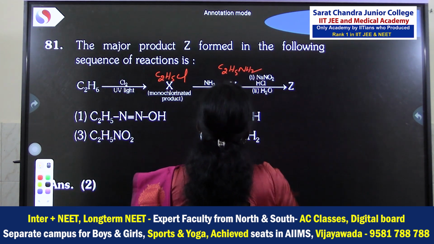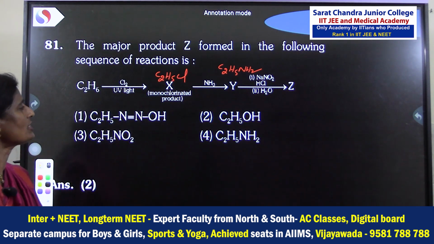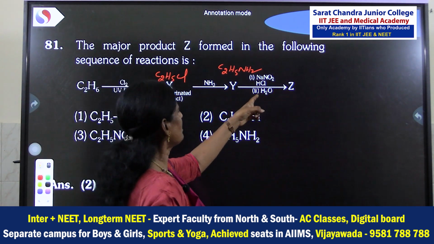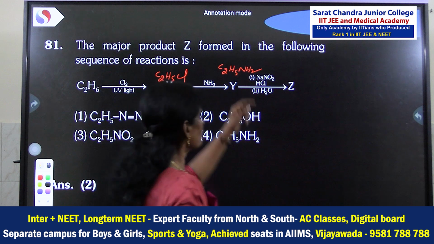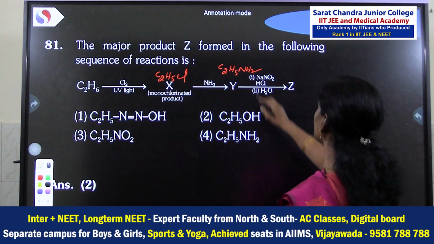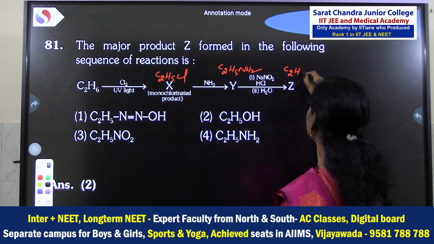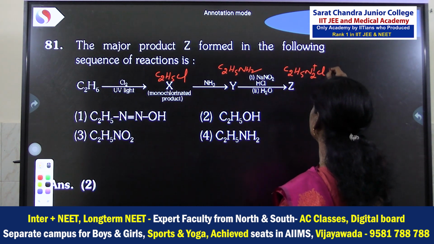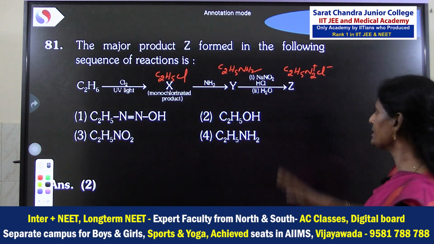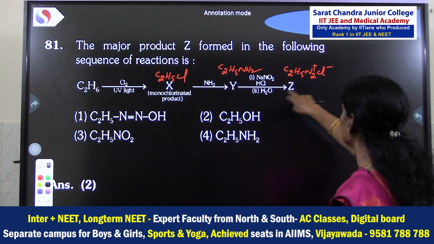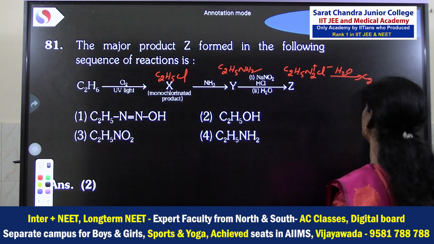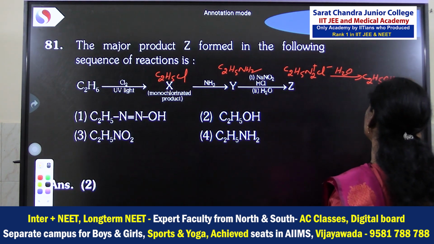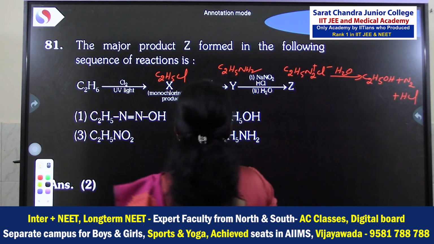C2H5NH2, a primary amine. When the primary amine is treated with sodium nitrite and HCl, or nitrous acid, followed by hydrolysis, an alkyl diazonium salt is formed, C2H5N2 plus Cl minus. But this alkyl diazonium salt is highly unstable, and in the presence of H2O it is immediately converted into alcohol, C2H5OH plus N2 plus HCl. So the product Z is